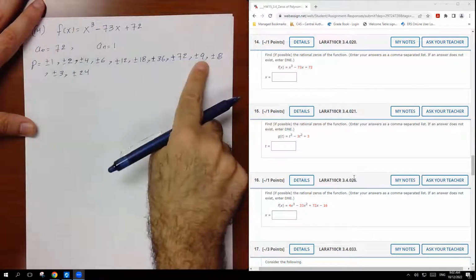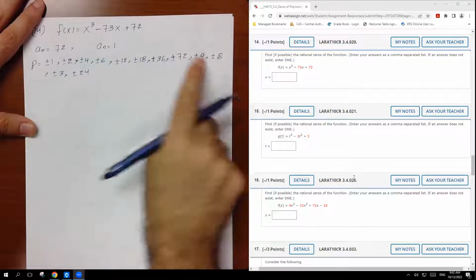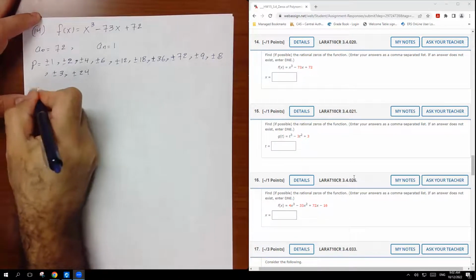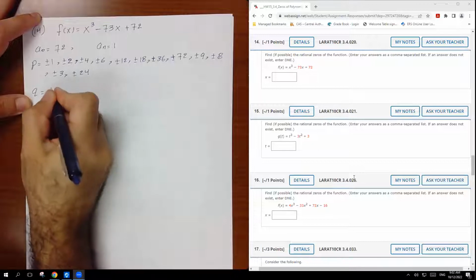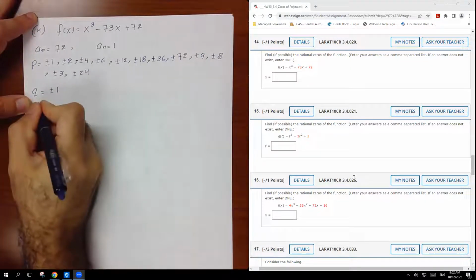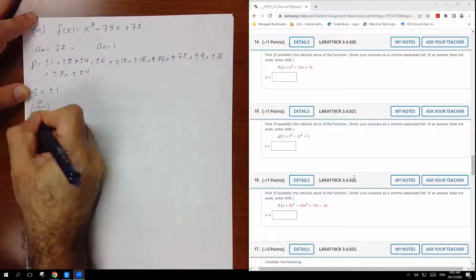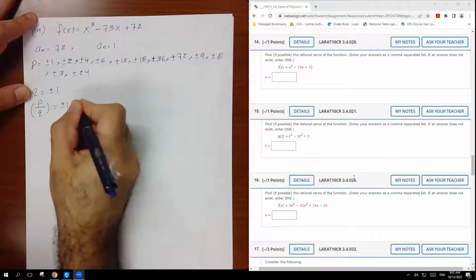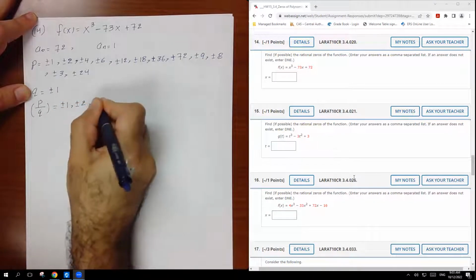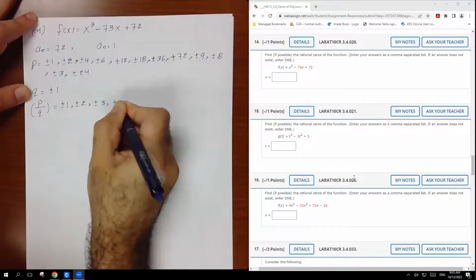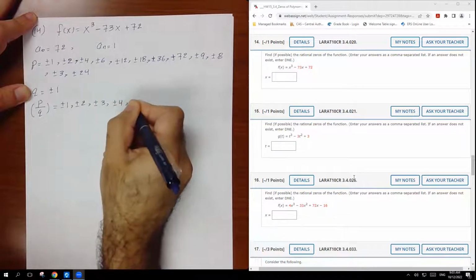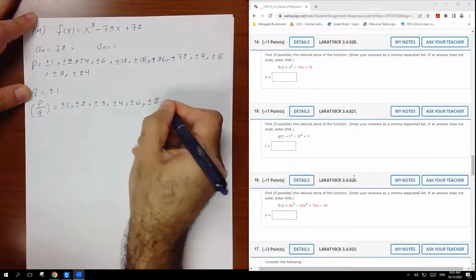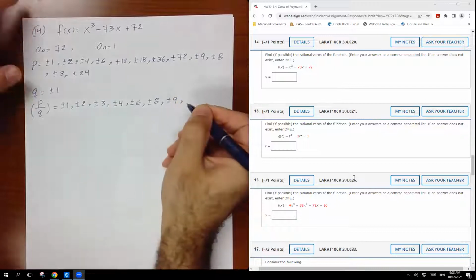With the 9, yes, we got it. That's why with the 6, that means it's gonna work with the 3. With the Q, it's only plus or minus 1, so it's not gonna change anything. That means all possible zeros is going to be all these numbers. Let's write down plus or minus 1, plus or minus 2, plus or minus 3, plus or minus 4, plus or minus 6, plus or minus 8, plus or minus 9, 12,